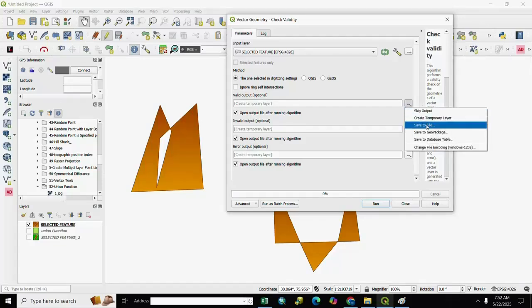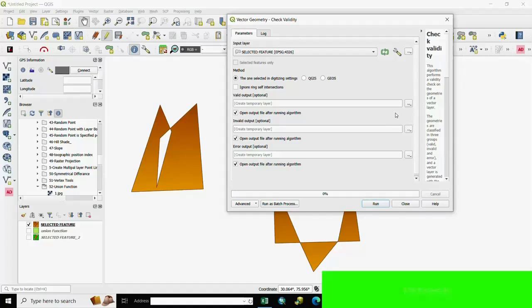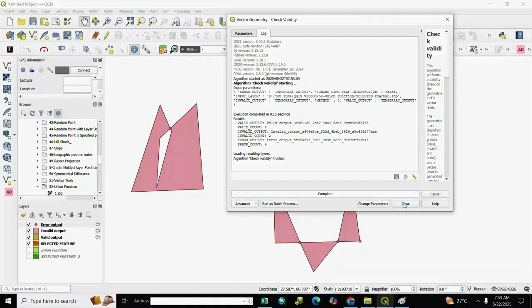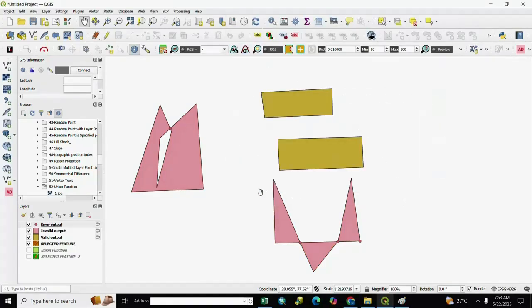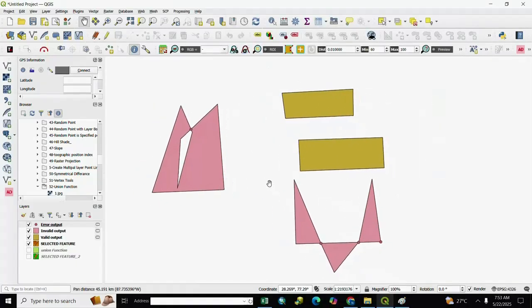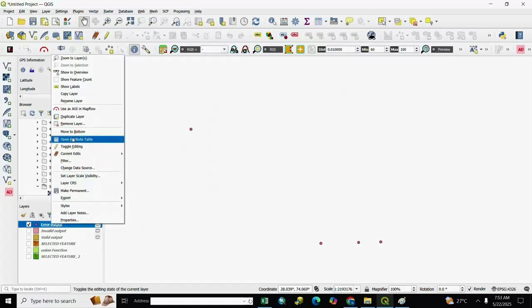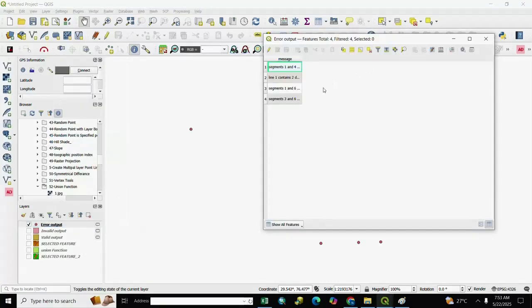If you want, you select here an output location. If you don't use an output location, then you run it and close it, and you see here your output. Here is your error point. You right click and open attribute table. Here are 4 output error points.